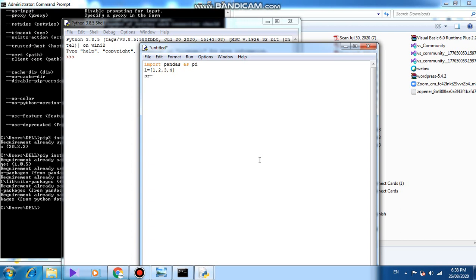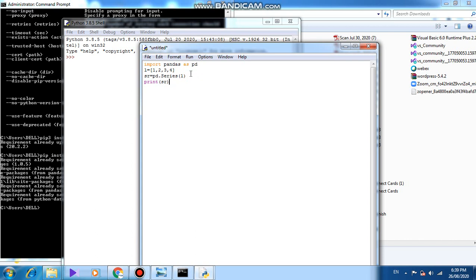So sr is my series variable and pd is a reference to pandas, and I am calling the Series function and inside I will pass the list variable, right? Make sure S should be capital. Then print sr. My list will be converted into the series.